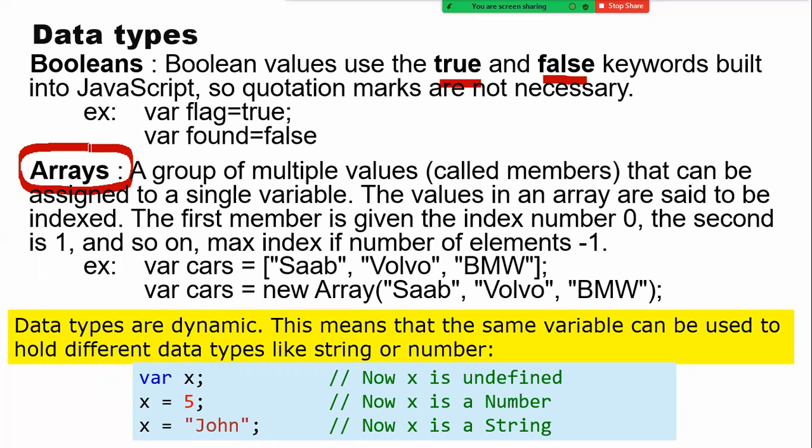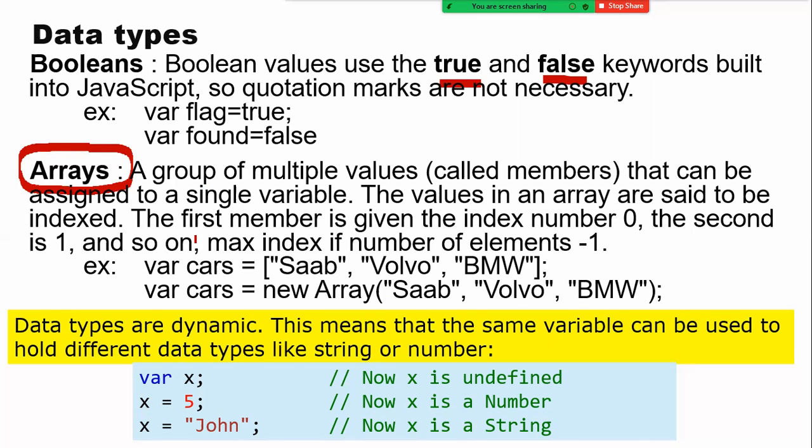Okay. Now, arrays are nothing but a group of values, or a set of values which you're going to use. Generally, we use arrays when I have a set of values to be stored. For example, let us say you want to store marks in 6 subjects. Then we use a concept called arrays. Arrays allow me to store multiple values in one variable, and those values can be accessed using their index position.